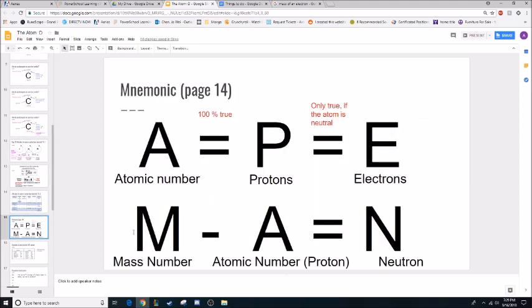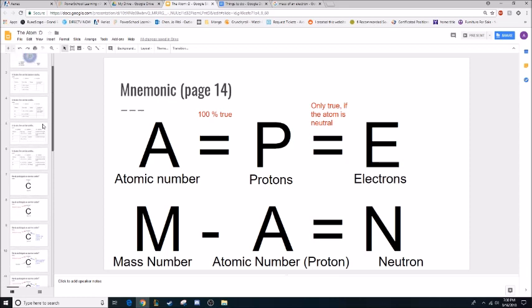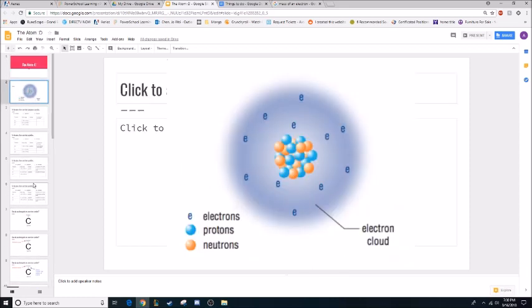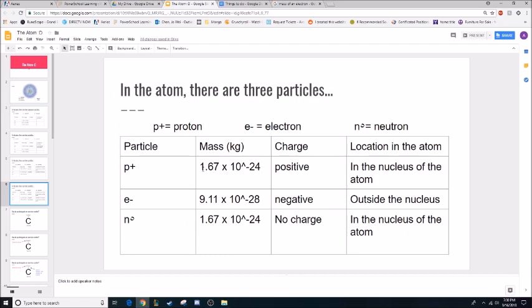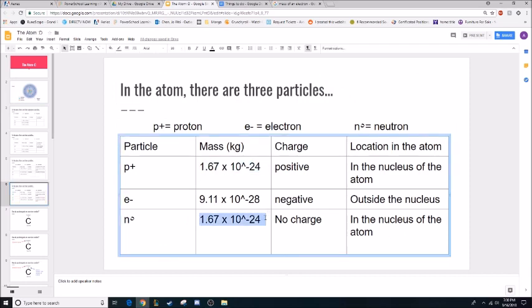So for the next one, this mnemonic helps you calculate how many neutrons are in an atom. And before we go over how to use that mnemonic, let's go back to our atom. In an earlier video, I said that protons and neutrons weigh more than electrons. You know that because electron is 10 to the negative 28 power. Proton and neutron have the same mass, but they have something that's 10 to the negative 24 power. In this case, protons and neutrons are heavier,